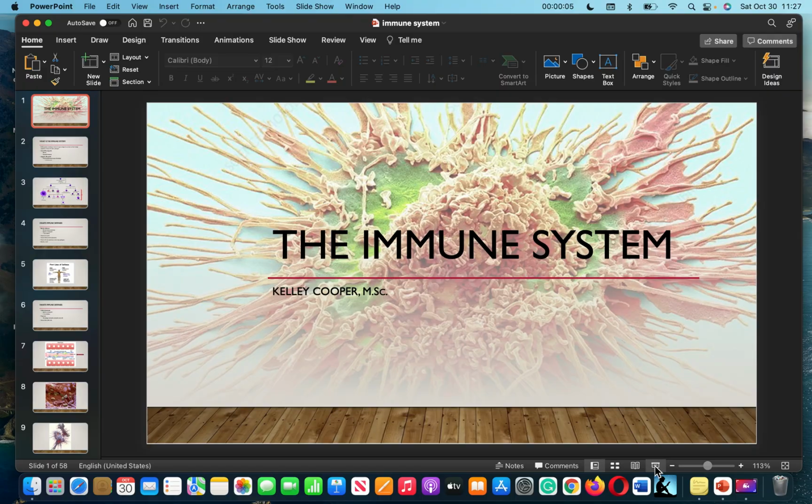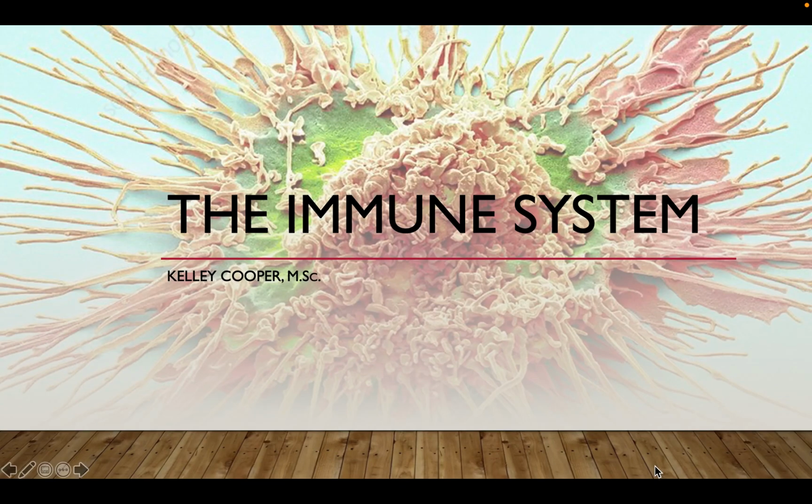We're going to take a look at the immune system in this lecture series. So the immune system is going to largely consist of different types of immune cells, so our different leukocytes, our white blood cells, and this system will be closely related to the lymphatic system, and we'll see some of the same cells and some of the same terms that we saw in the lymphatic system, but we'll also introduce some